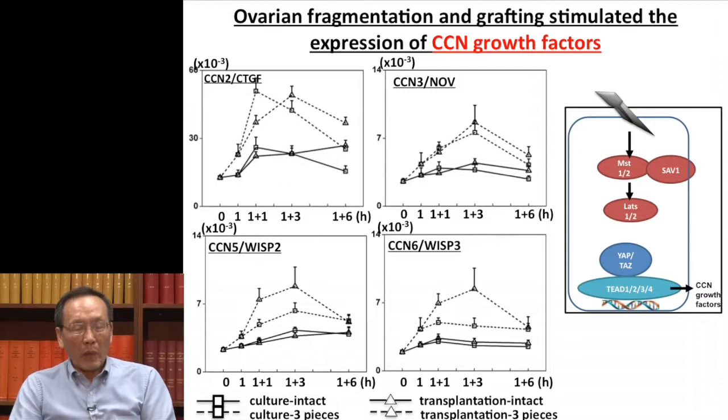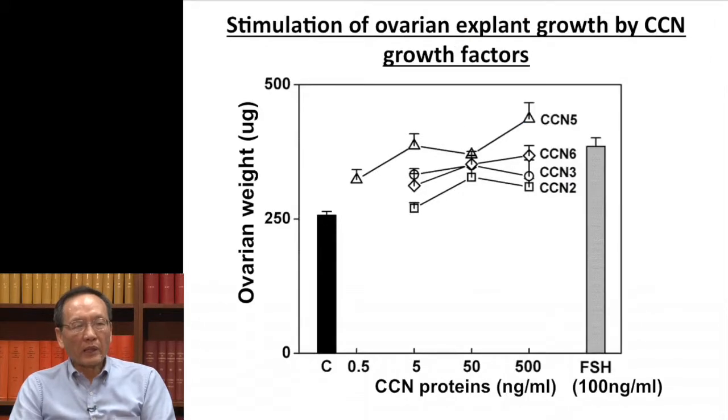and in human or mouse there are 6 of them in comparison to 1 in the fly. So we check all 6 of them. 4 of them will show an increase in their transcript levels, as you can see in the dashed line. The 2 types of dashed line, one is with transplantation, one is cutting without the transplantation. So this data suggests all 4 growth factors are probably follicle stimulating factors,